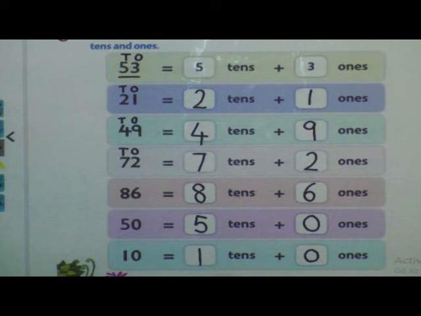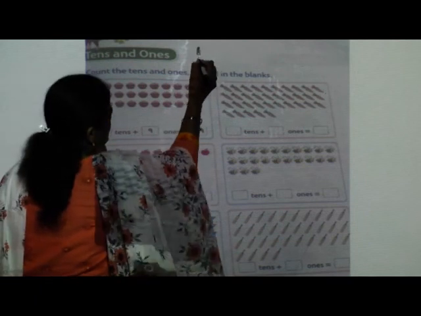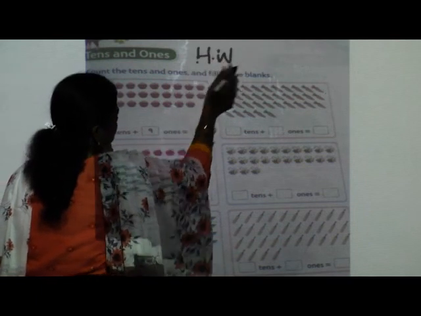We will wait for a minute and after that everybody will open your maths workbook. So have you opened your maths workbook? Yes. In that open page number 45 and write HW, homework. We have just seen how to count and make the bundles and write the tens. How many bundles are there, that we have to count and write in the tens place, and the remaining numbers which we can't make a bundle of, those numbers we have to count and write in ones. Okay.